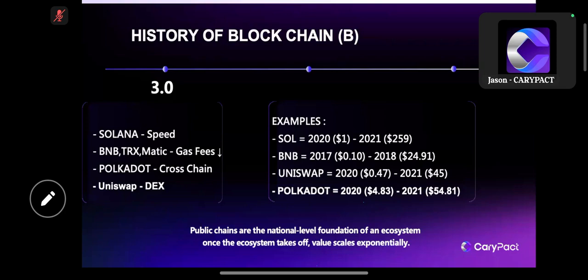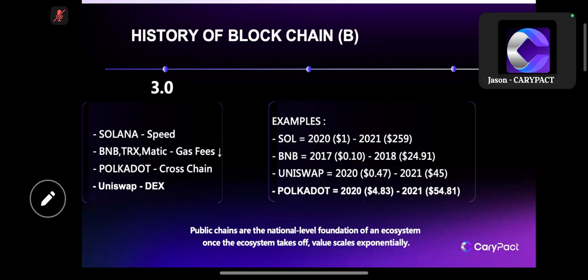So that's what we're going to do with our BOT, which I'll be explaining in more detail in the next upcoming slides. Now, let me show you some examples of these public chain coins that have made tremendous growth from the day they launched. I'm not talking about the total peak of their coin, but I'm just talking about 1 year, less than 1 year. What is the growth of the coin from the day they launched? Example, Solana. They launched in 2020 at $1 per coin. In 2021, the price skyrocketed to $259 per coin. So that's about 259x over there.